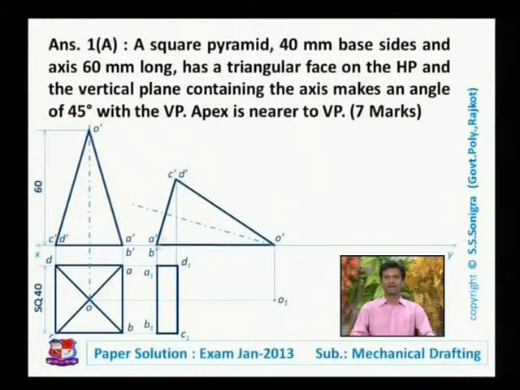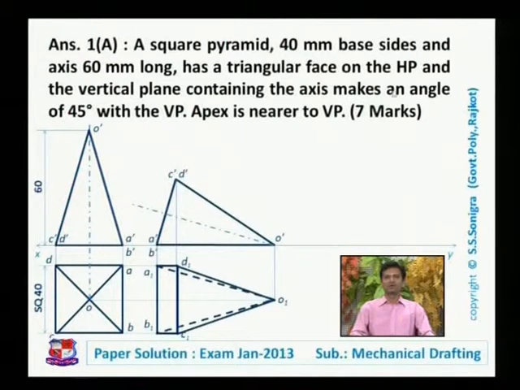From here ABCD is visible, then O1 D1 and O1 C1 would be visible as it's towards us. If you are looking from top, from here, then O1 C1 and O1 D1 is towards us, so it would be visible. Then join O1 A1 and O1 B1 with dotted line, as it's a base triangle and it will not be visible from top view. Hence this top view is resting on its triangular face, that is O1, A1 and B1, like this.